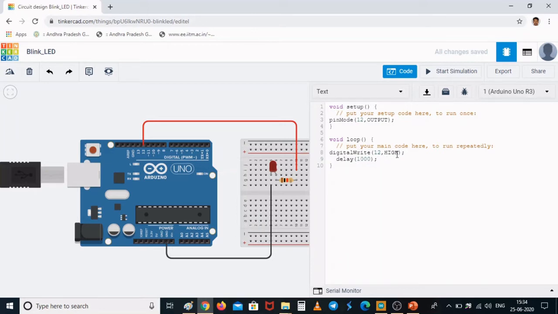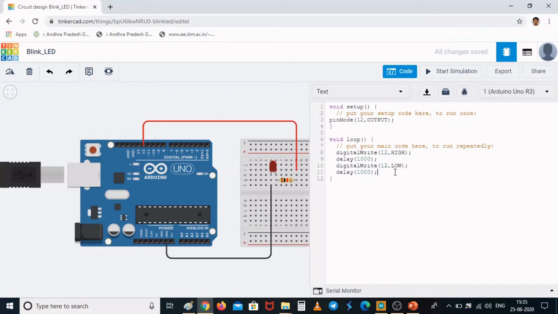So after I make pin number 12 high, I make sure that a delay of 1000 milliseconds is given here. What I have written is I have made my LED high for a duration of 1 second. Then I made my LED low for a duration of 1 second. As these are written in the void loop function, they are going to execute continuously. That is what void loop is meant for. It runs the code that is there in the void loop continuously.